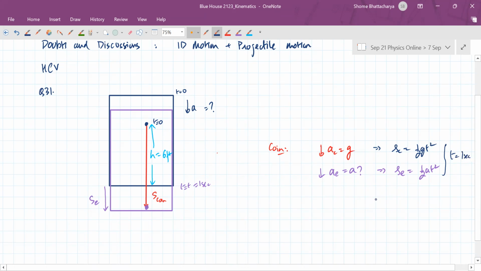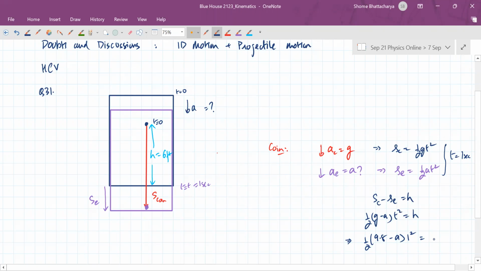And the displacement of the coin minus the displacement of the elevator should be the height. So half of g minus a into t square should be equal to this height. So half of 9.8 minus a into 1 square should be equal to the height, which is given to us